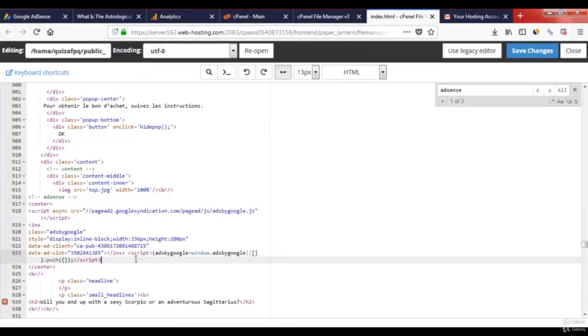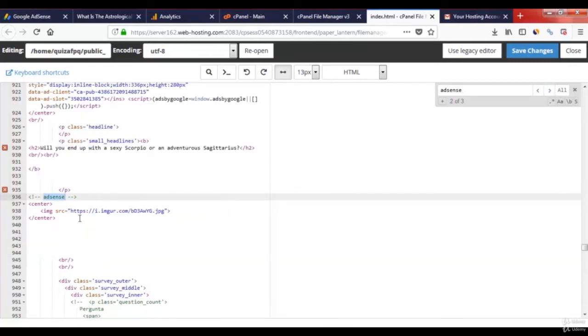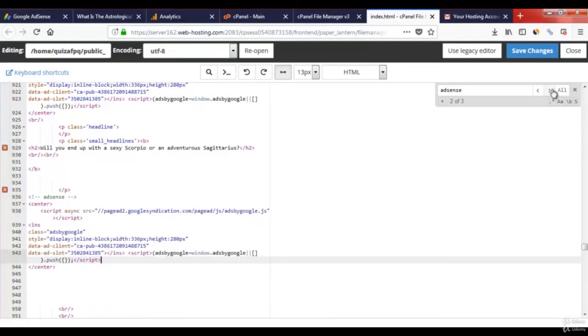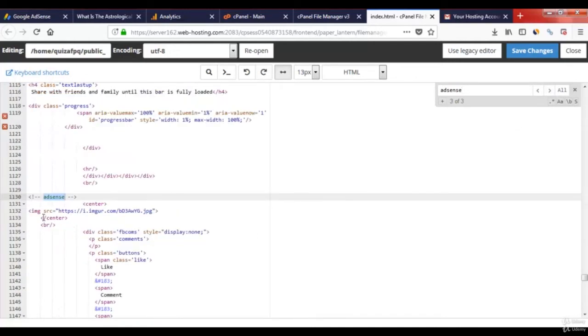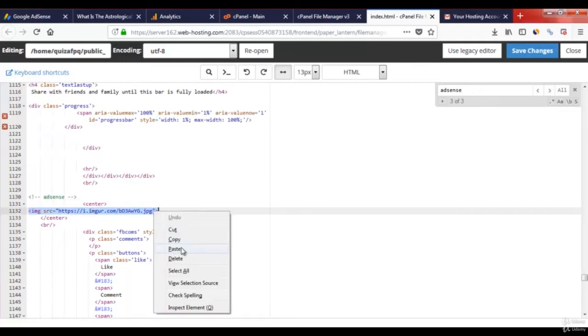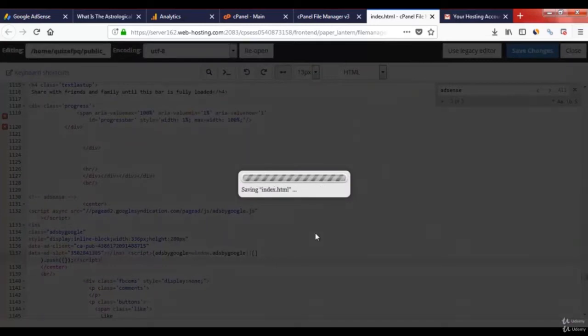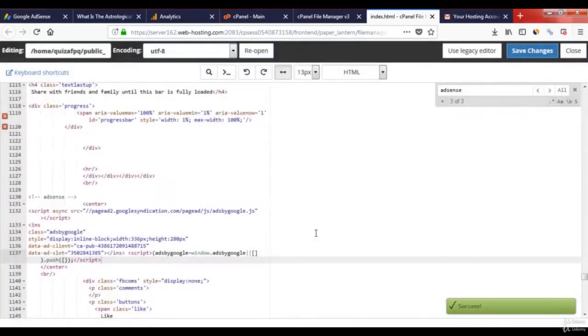The same thing for the second and the third ad. Click Save Changes and refresh the page. You should see your ads live